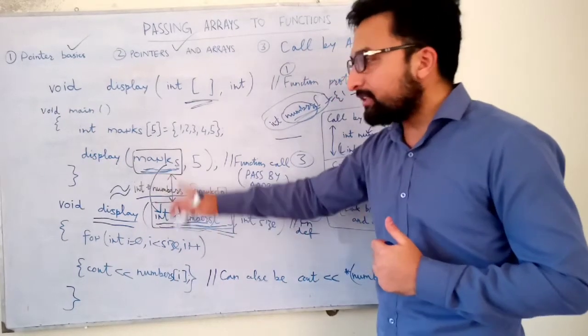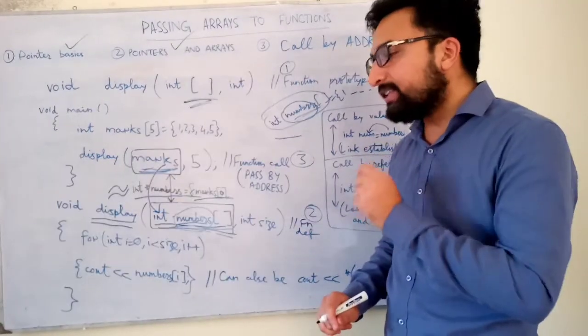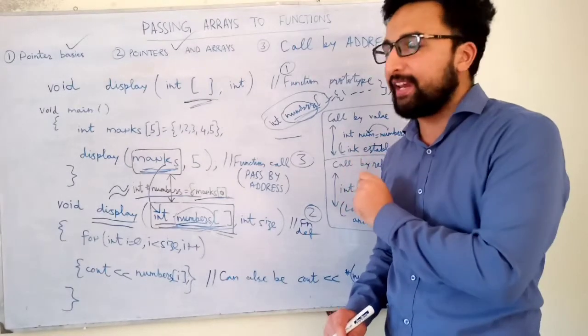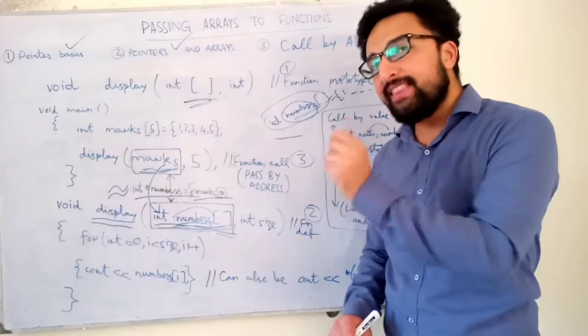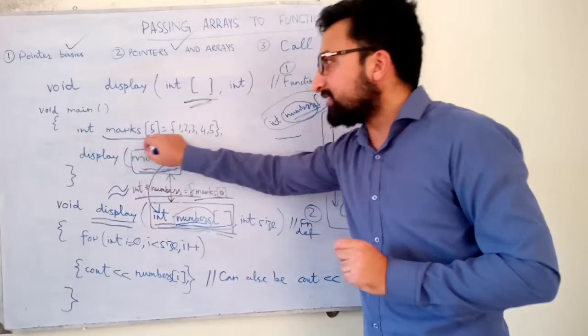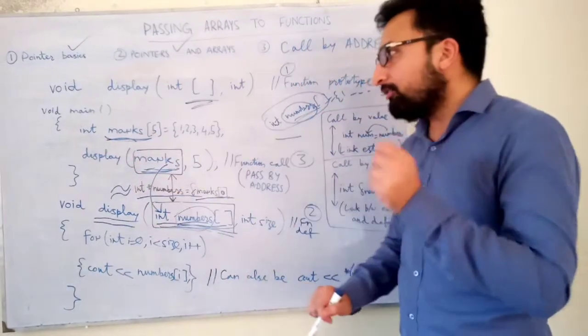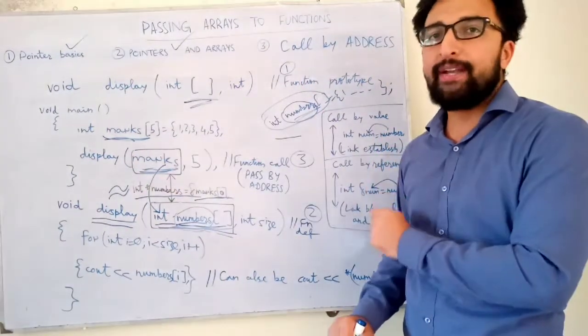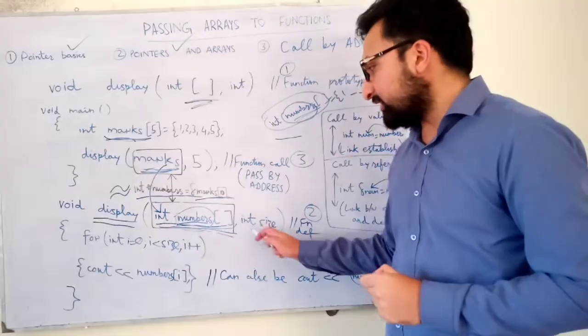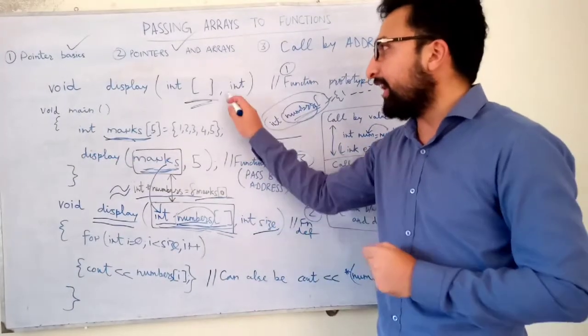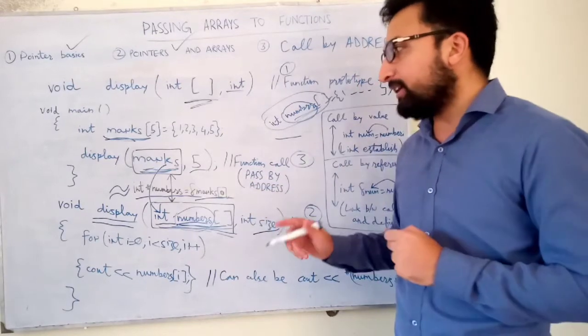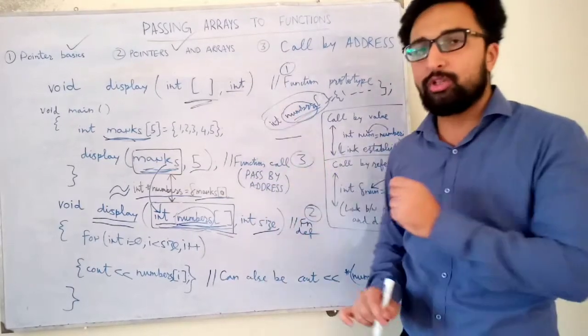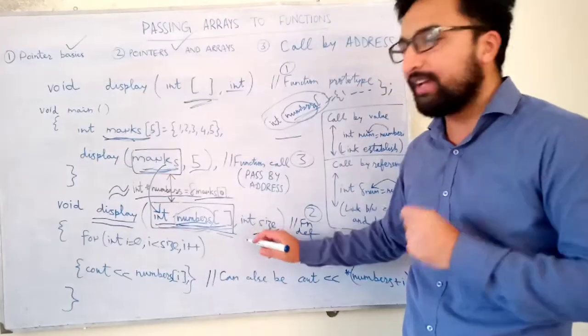Because by the first argument we had passed the starting address of the array, now we know where in the memory the array starts. Now we need to know its finishing point as well, and that is accessed by the size, and that is why we need the second argument during the function call, and that should also be indicated in the prototype that we will be receiving a second